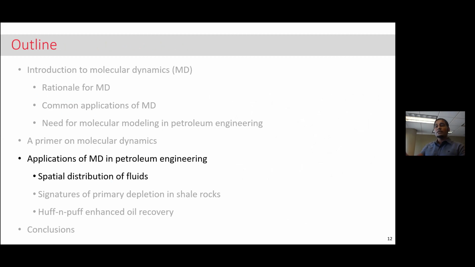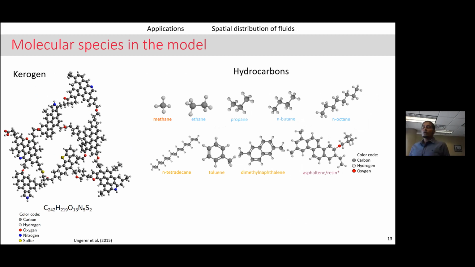Why would you want to use molecular dynamics in petroleum engineering? I'll show you something right now. Okay, so on this specific screen over here, you're looking at different molecular models of different hydrocarbons. Here's a model of methane. Here's a model of ethane and propane. And of course, this is not a ball and stick model. When you represent this in a simulator, you would say that there's carbon, there's hydrogen, there's the bond angle, there's the bond length, and so on and so forth. But pictorially, this is how you would depict each one of these hydrocarbons, and nothing new.